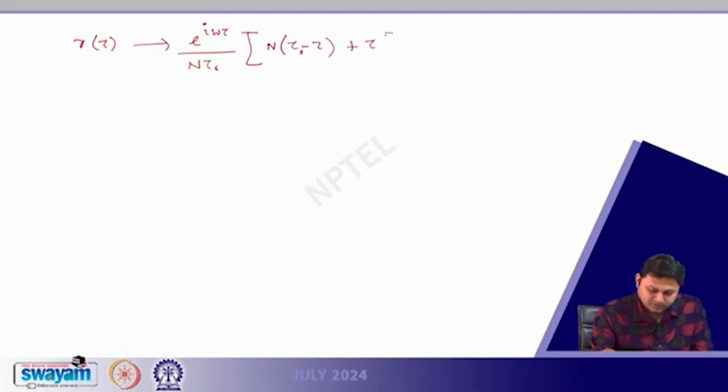If I common, there will be a sum over j equal to 1 to n